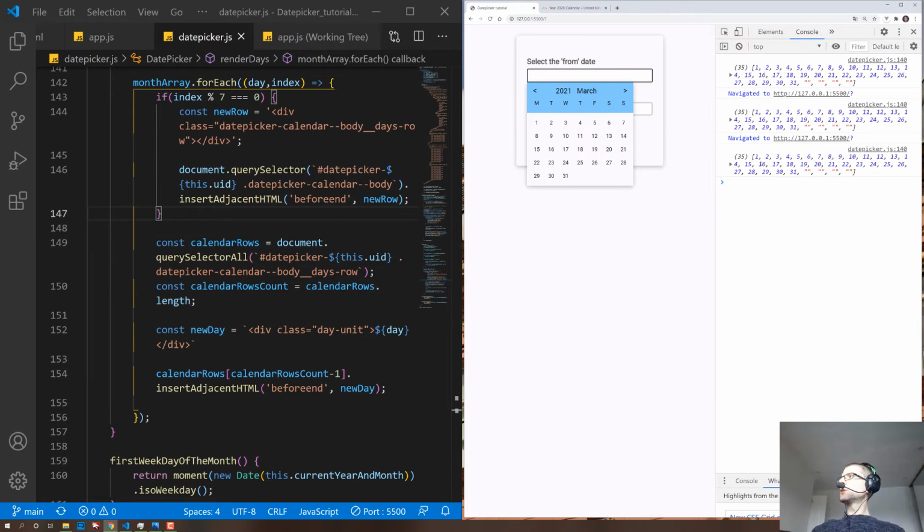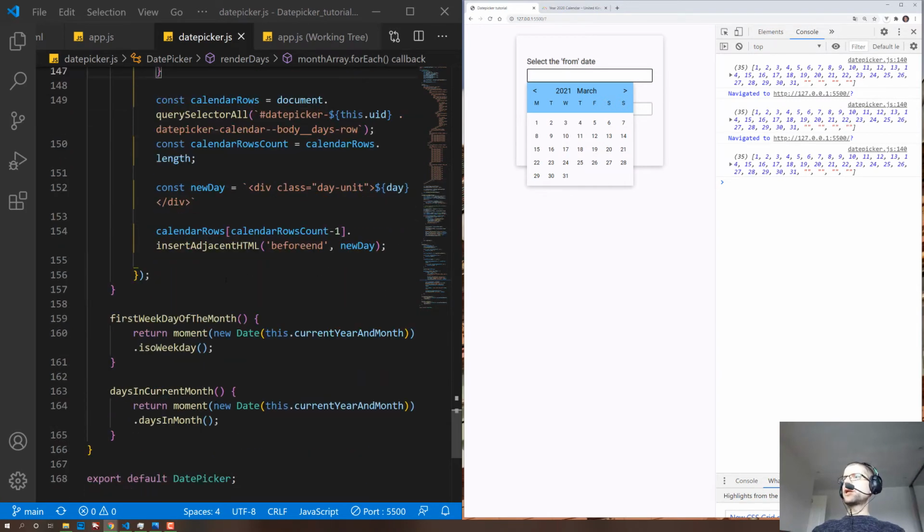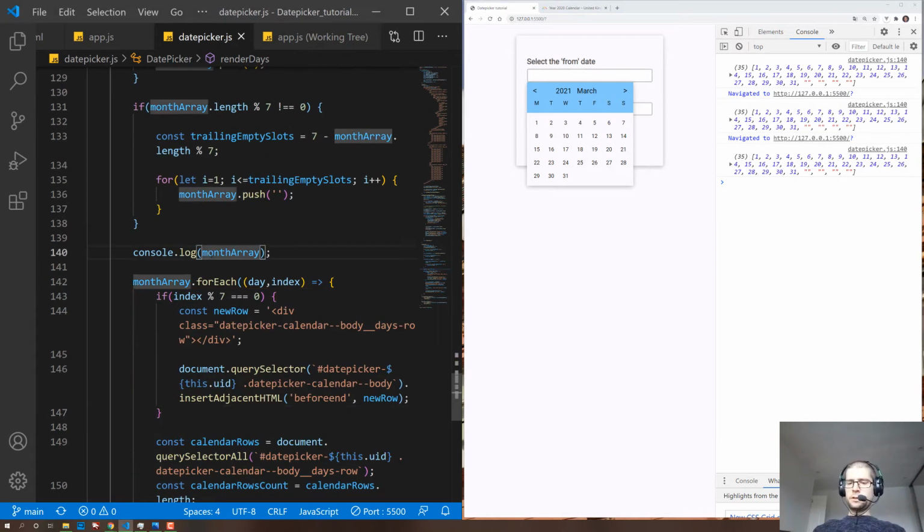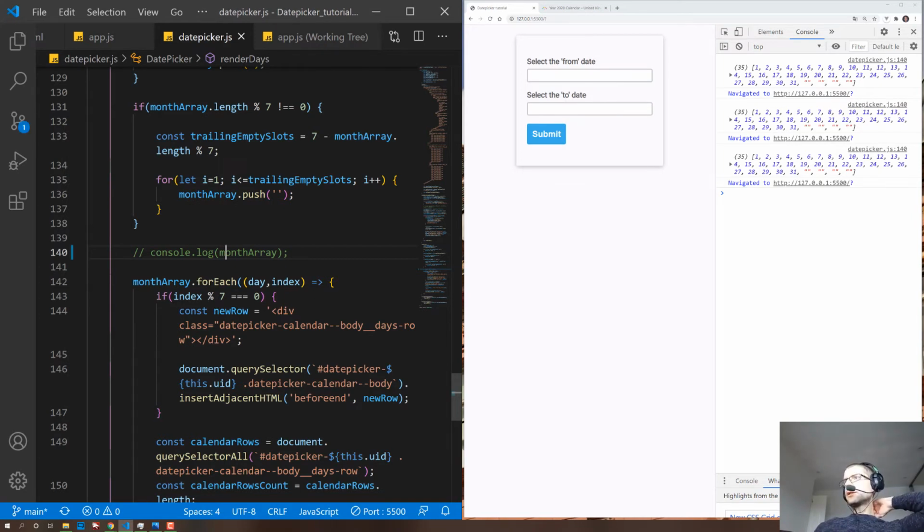Now let's just remove these console logs as we don't need them. We are console logging the month array somewhere. It says Datepicker 100 line 140, right? So let's just comment that out. And yeah, so we need a